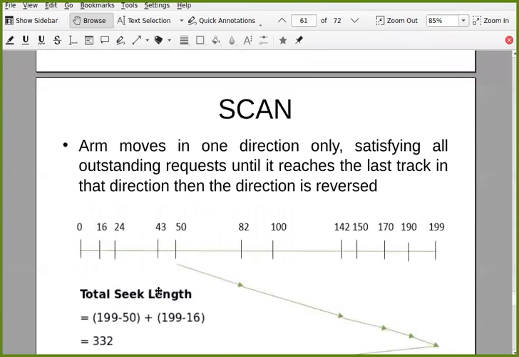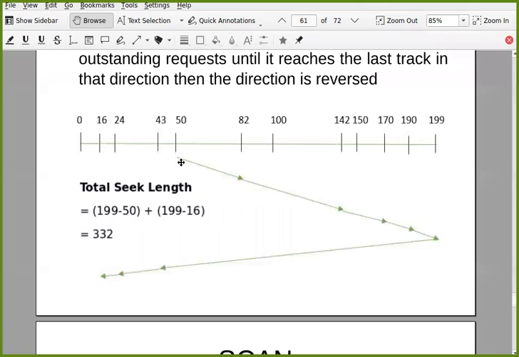This is interesting. For example, let's say you are moving in this direction. You have reached this point and a new request comes for 100 or maybe 83 or 84, which has just been passed. Now this request, which has just come, while the arm is currently going in this direction, has to wait until it reverses direction and comes back to this point. So there is a long wait for this new request.